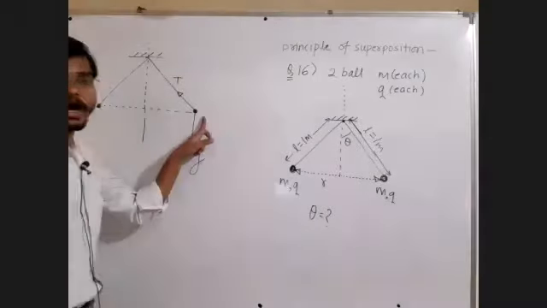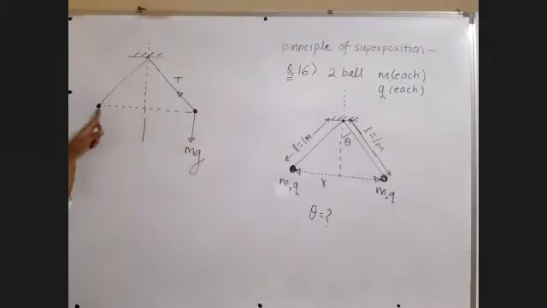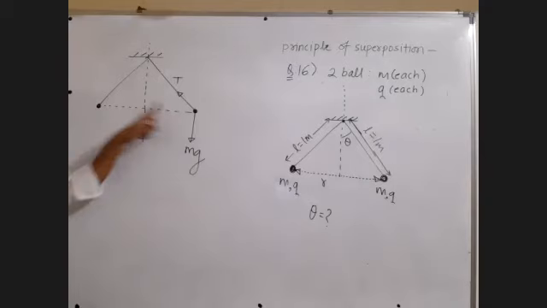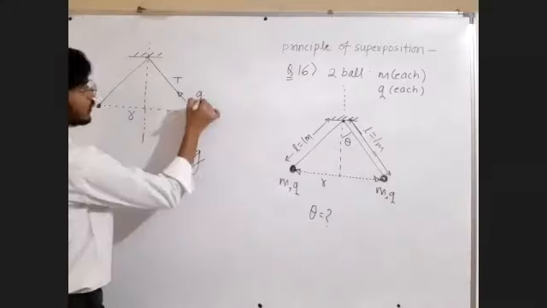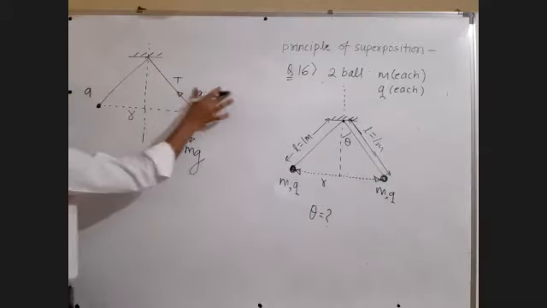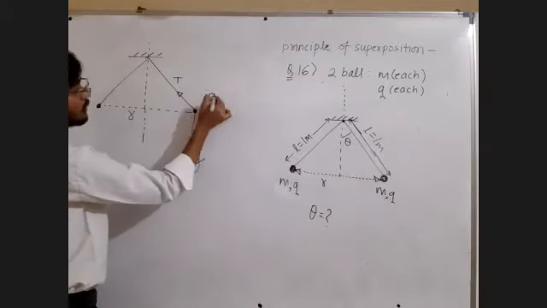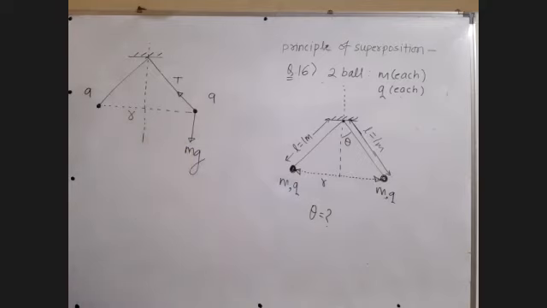Sir, this is a charge. This is also a charge. Whenever there are two charges separated by some distance, let's say r, there is a force of attraction or repulsion. Sir, this is charge q. This is also charge q. Both the charges have the same nature, either both positive or both negative. So right now, when it is not given whether they are positive or negative, take them both as positive. Okay, sir. So there will be one more force, which is electrostatic repulsion, Coulomb force.